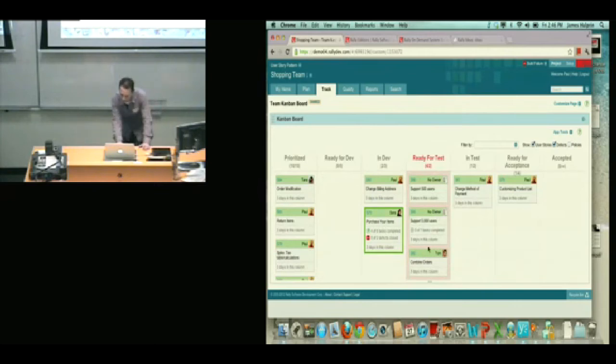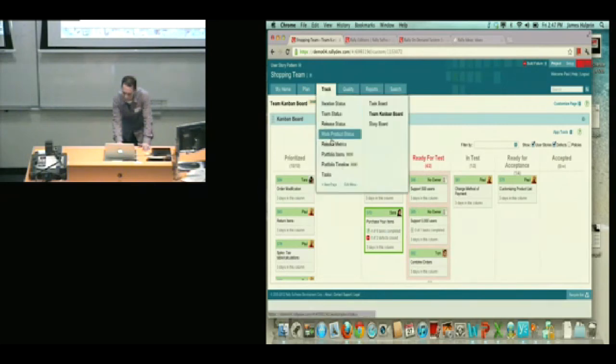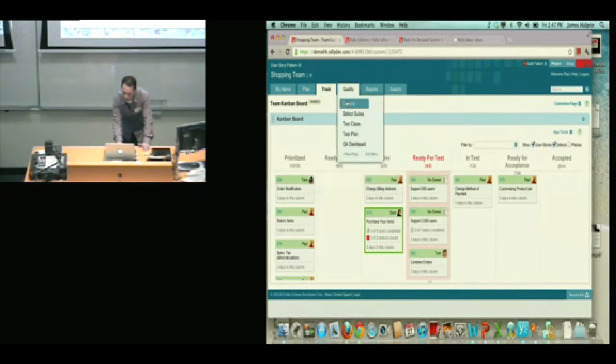So if I look at this particular column, I can see my work in process limit is 2 cards. I've actually pulled 4 cards in here, so it's highlighting that column red for me, so I can help manage those kinds of bottlenecks in the system. So that's another view of the information.